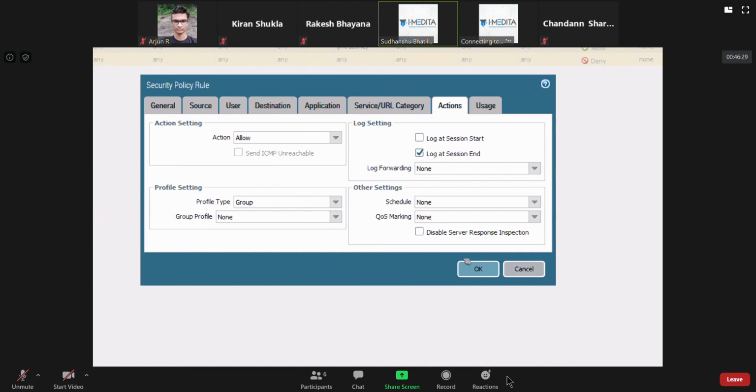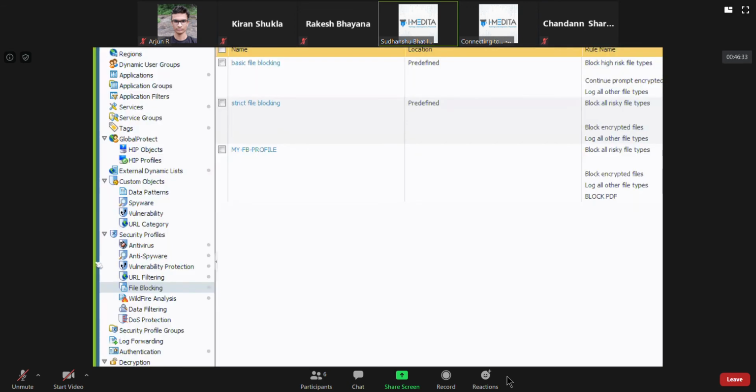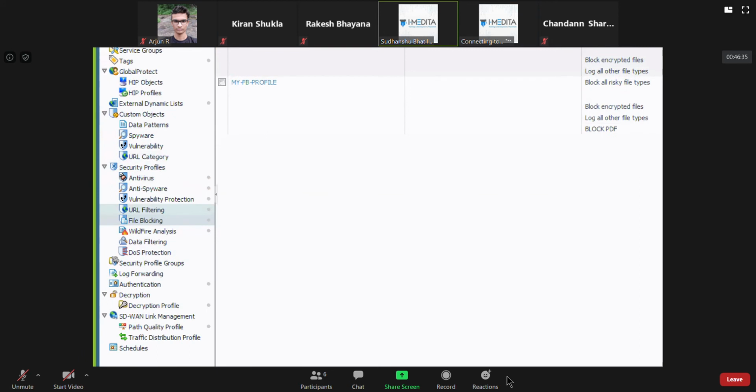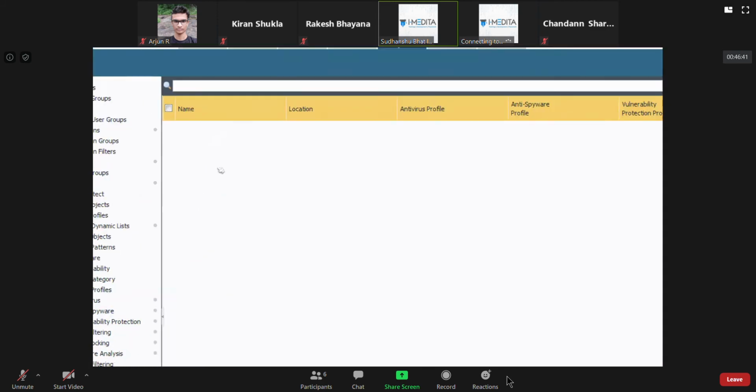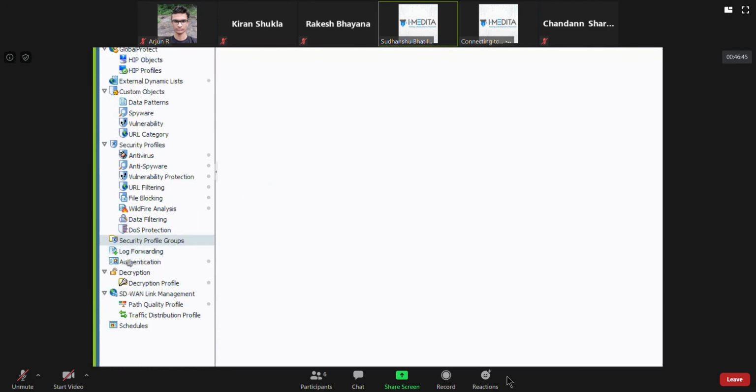Which you can create. If you look at the objects option here, just below the security profiles, there is an option of security profile group. There's no security profile group by default. Like the name says, a security profile group is basically a list of security profiles.